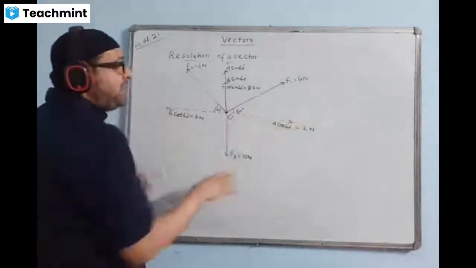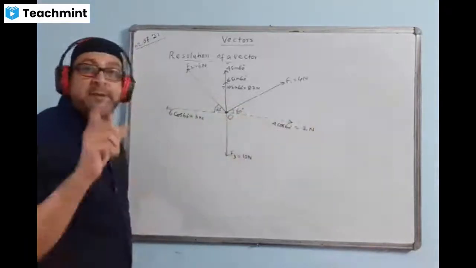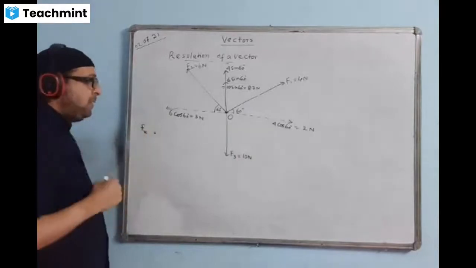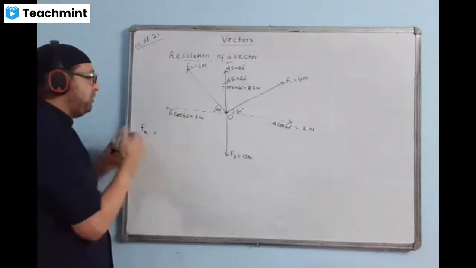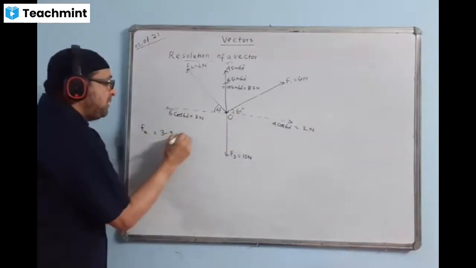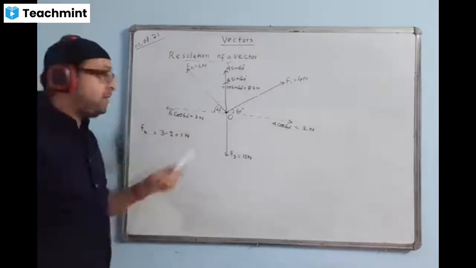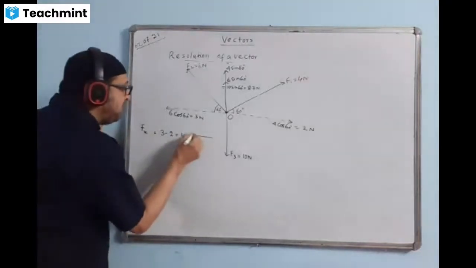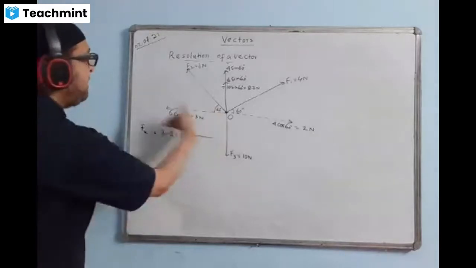We see in the horizontal direction, one is like this, 2 Newton, one is like this. Then in opposite directions we have to subtract. Here Fx will be the bigger minus the smaller. Which is bigger here? Bigger is 3 Newton. I'll do 3 minus 2, the answer is 1 Newton. What direction does it come? The direction of the bigger one. I see 3 Newton is bigger, so we'll keep the direction this way. Fx, but the direction is like this.